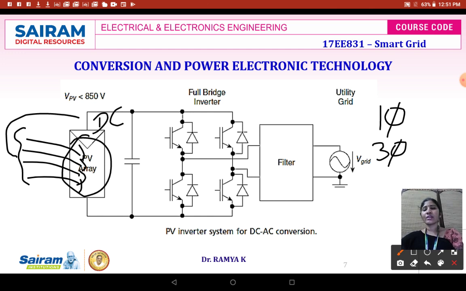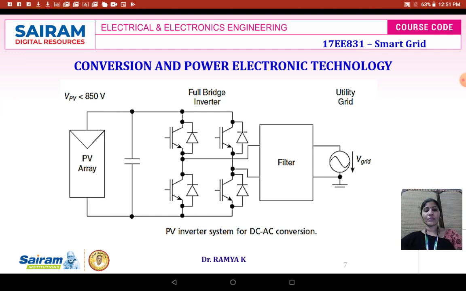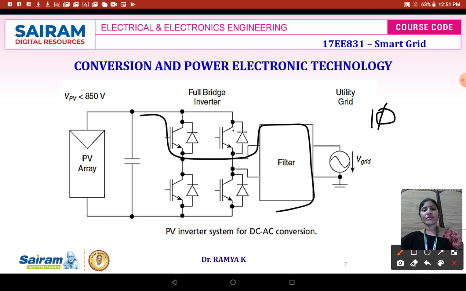So we have to maintain the potential constant across the switches. For that we are using a capacitor. Depending upon the power rating, it could either be a capacitor or a battery. If I want to develop a single phase AC power, then we need to use 4 switches. By making the switches alternately switch, it is possible for us to develop AC power. During the first half, the top switch and the bottom switch, as shown over here, conduct to develop power in one cycle.